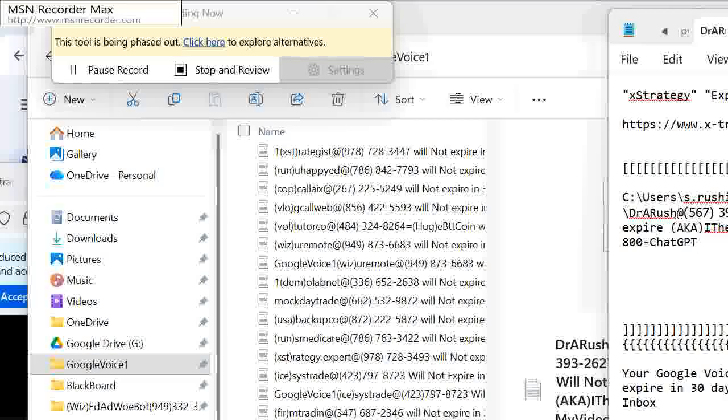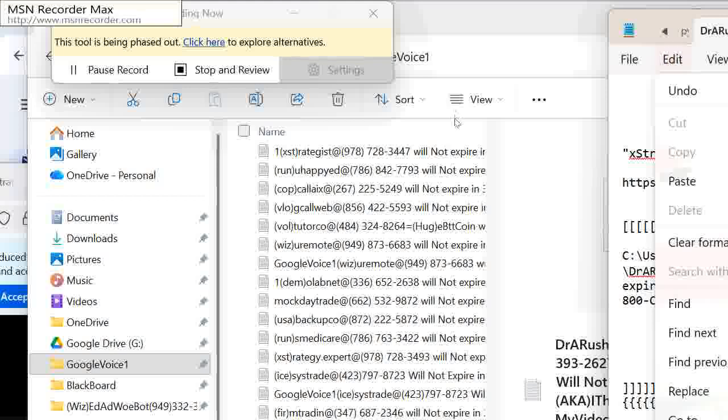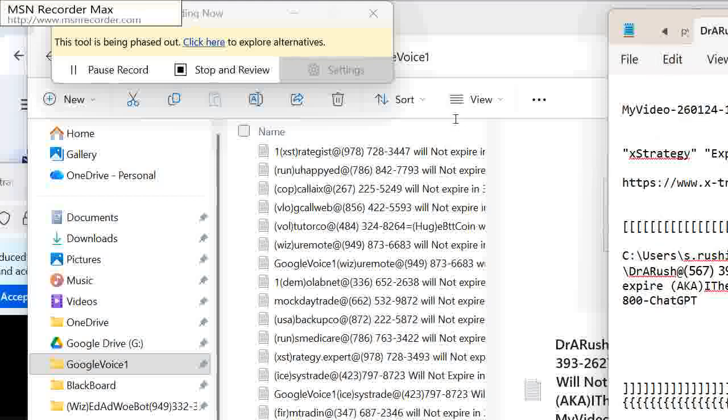And then I go back to my notepad to create a new section in the notepad that deals with the current Gmail account that is about to expire. So I go edit, paste, and I paste my video file name into the